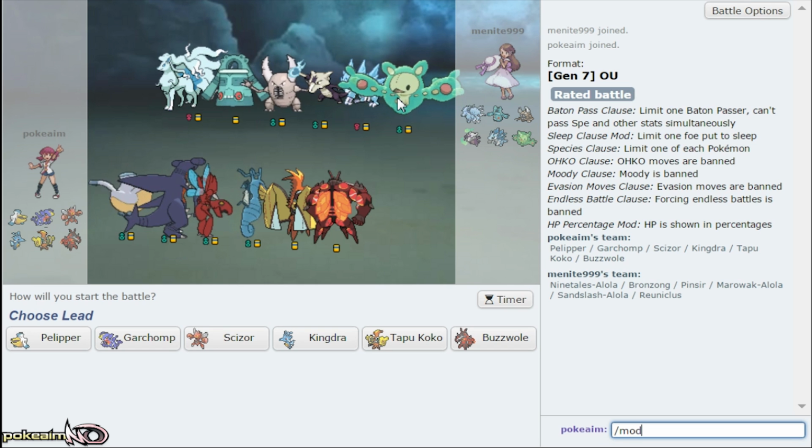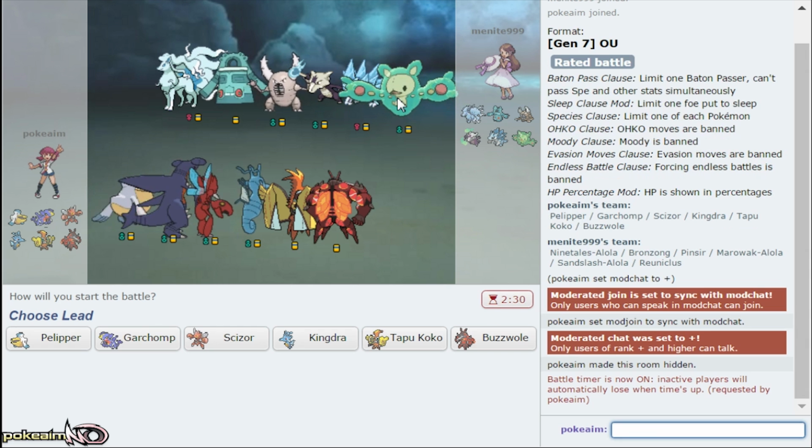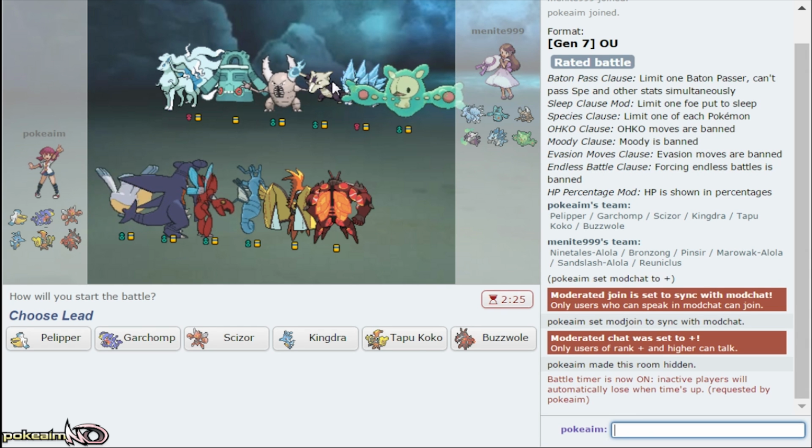Looks like we got a Trick Room variant with Hail. Well, then again, it looks like Trick Room plus Hail offense. Because Slush Rush...